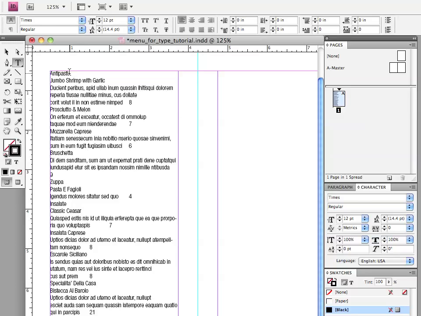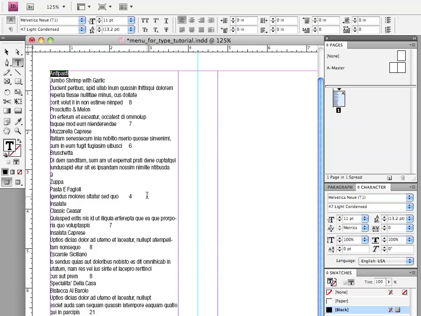If you look closely, we've got antipasti in here, then we have the names of some things followed by a description, more food items, and down a little further we have another section, supa, which is soup. So basically we've got a couple of levels that we can create here. We can create some headings, we can create some styling for food names, and we can create some styles for descriptions. I'm going to start with the headline, the very first one I have,